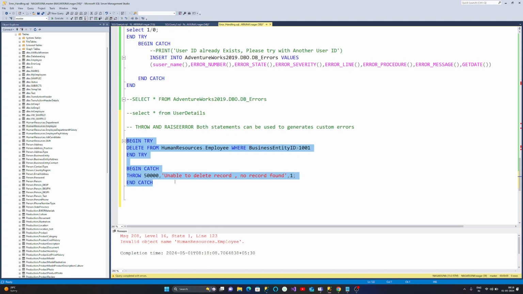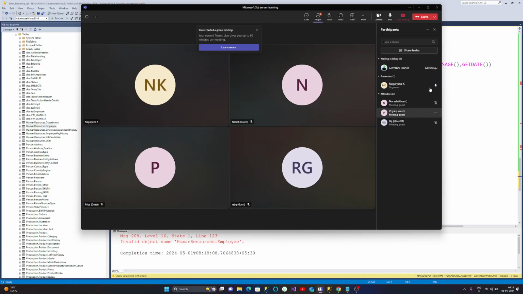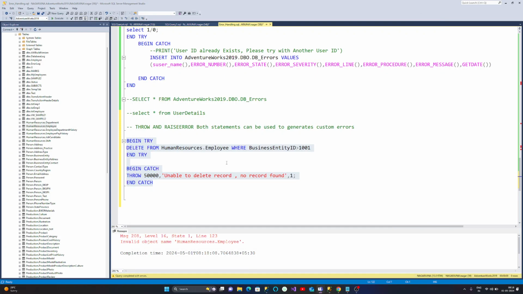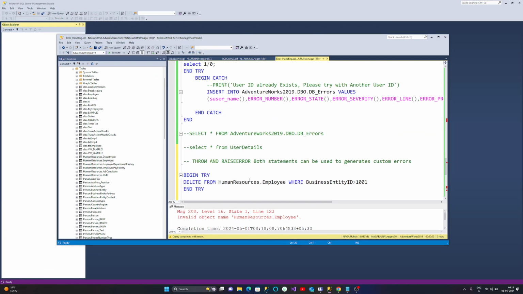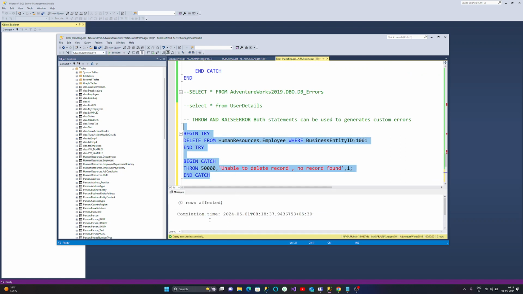So why am I getting an invalid object? Because I'm in the master DB. Okay, I need to change. Fine. So now I changed my DB from master to AdventureWorks. Okay. Now we can see. Did I see anything here? No, no records affected. Because